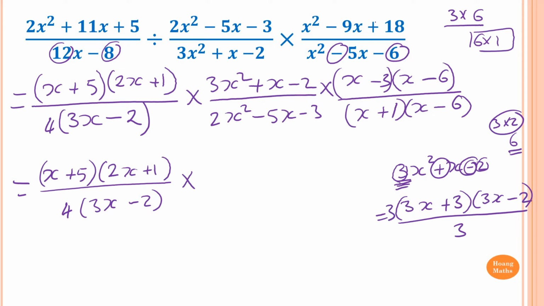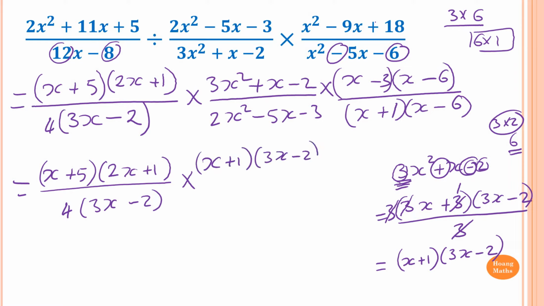Now I take the 3 out, that cancels, that gives me 1. So this cancelled out. So the answer is x plus 1 and then 3x minus 2. So I just write it down. So x plus 1 and then 3x minus 2 all over